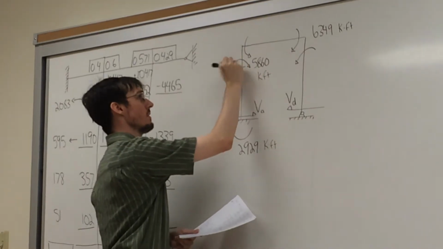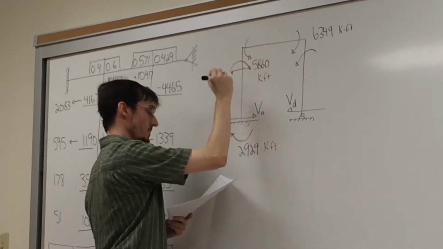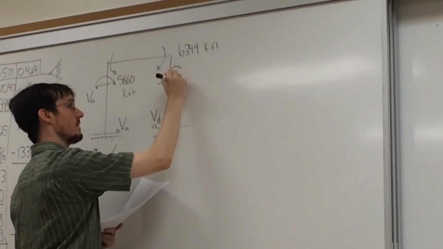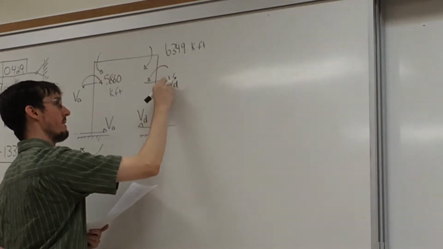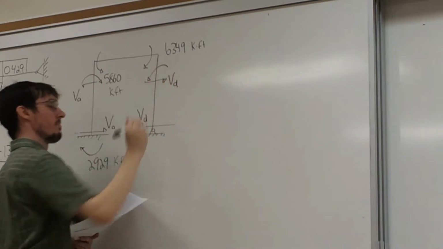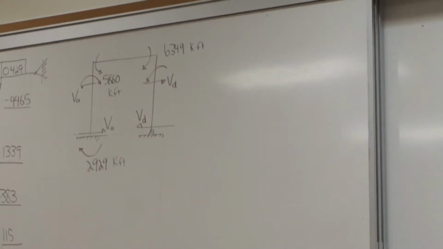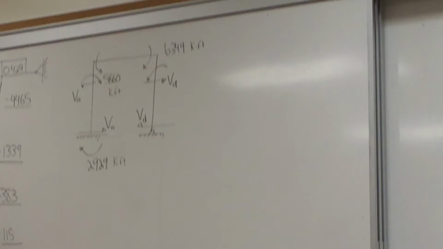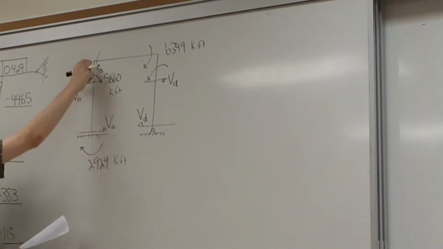And then we'll get an equal and opposite up at the tops of each of these. And we can solve for these forces just using statics. So if we look at this member right here,